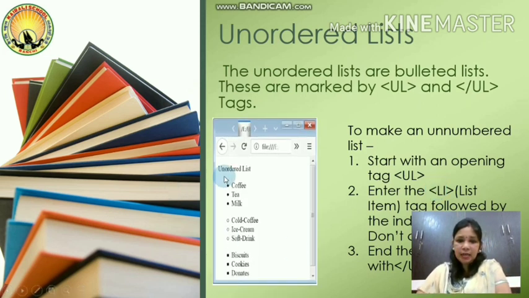You can see here unordered list. Here the discs are used. This is the default style of unordered list. These are circles and these are squares. So basically we have three types of bullets which can be provided in unordered list. Okay. Next is